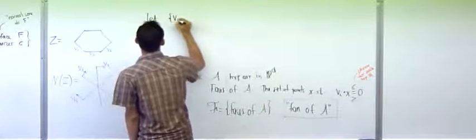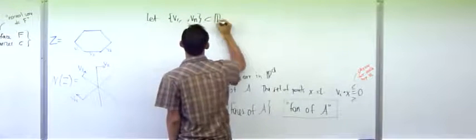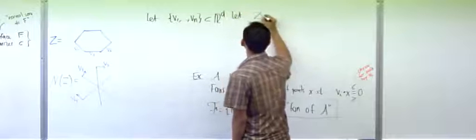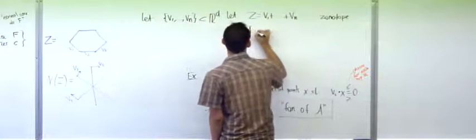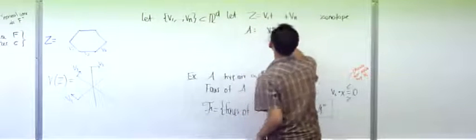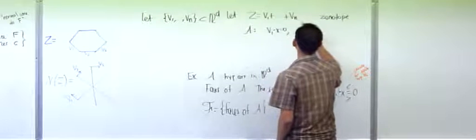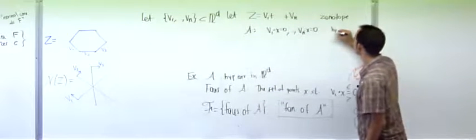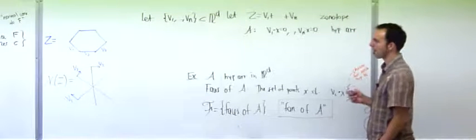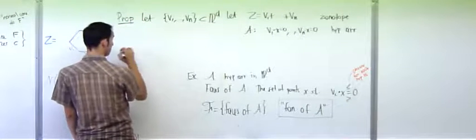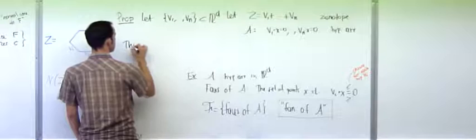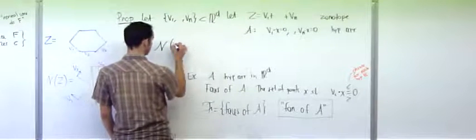And so now I can actually state what the correspondence is. Let's say that you have V1 up to Vn be a subset of R^d. Let Z be the zonotope, the Minkowski sum of these vectors. Let A be the arrangement of hyperplanes V1 dot x equals 0 up to Vn dot x equals 0. And then what I'm saying, it's a proposition by the way, is that the normal fan of the zonotope